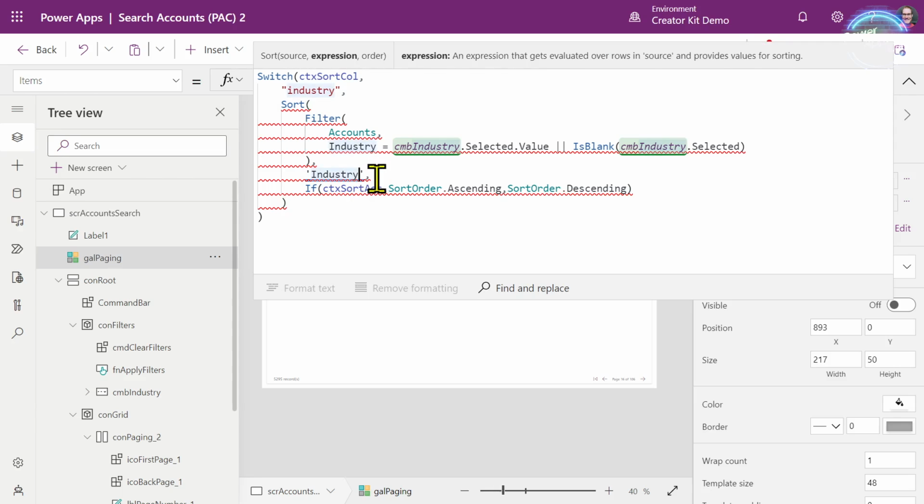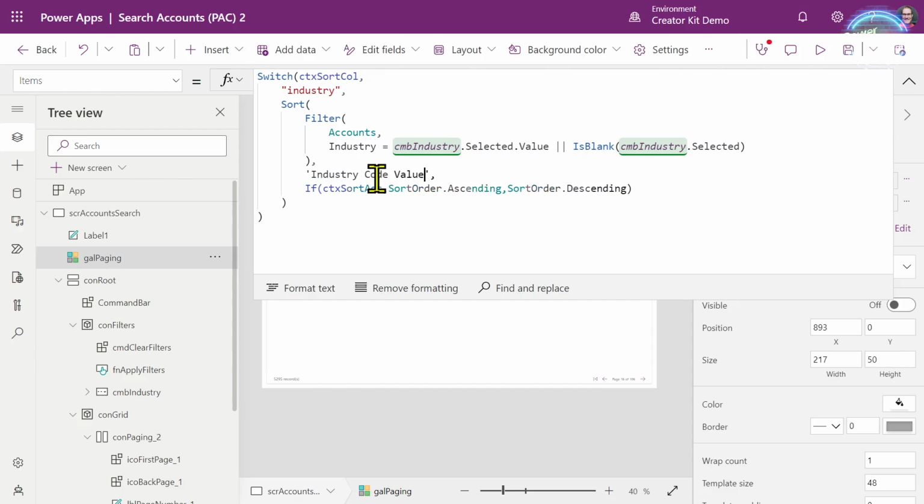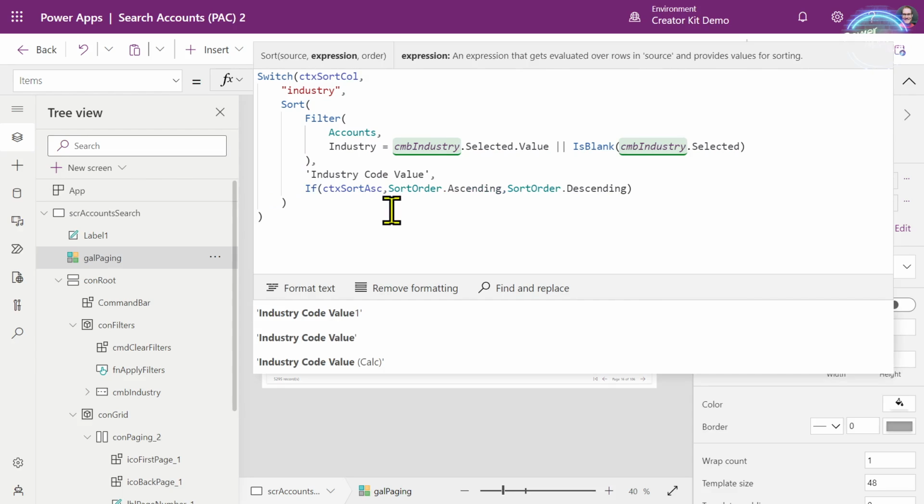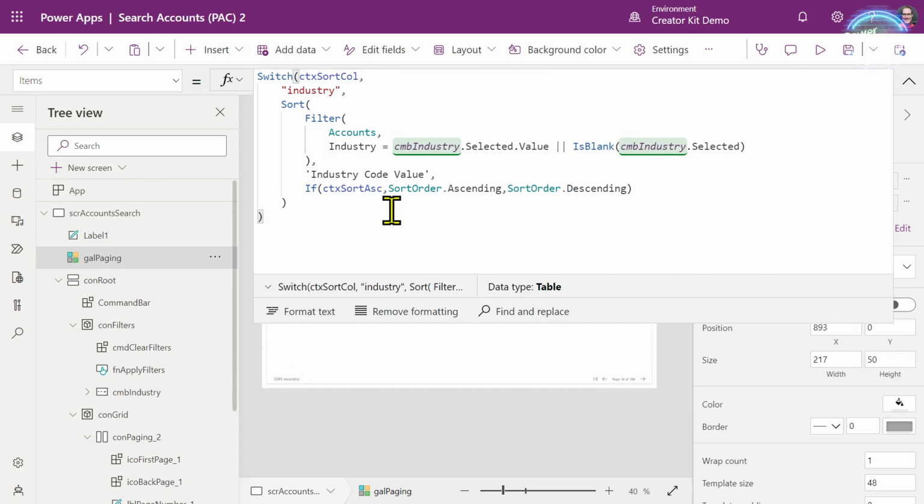So in order to get around that, what we can do is create a dummy attribute, a dummy column, and then we set that using either a plugin or a flow. I'm using a flow, just simply responding to change of the industry column or creation of the record, and it just goes and updates this dummy column with the value of the choice that's being provided in that event. And so now, because this is just a numeric value, it allows us to sort on it.